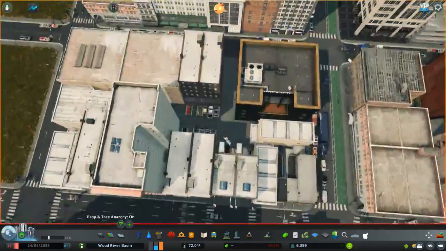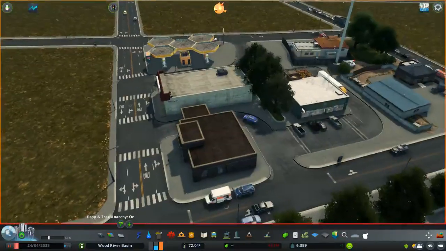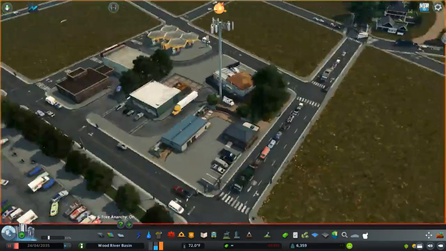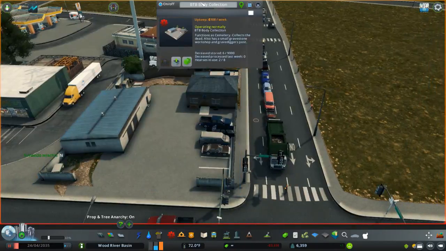And then, yeah, some more alleyways. Over here, I really like this block. This is kind of the size of the buildings lower down. And since we were having a problem with death, I ended up putting a